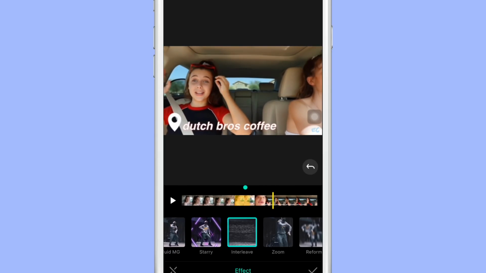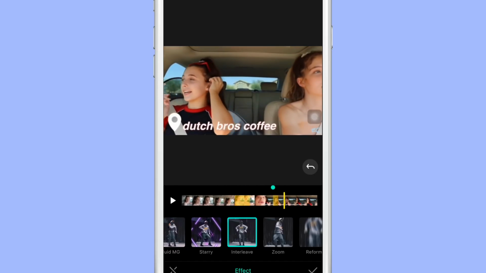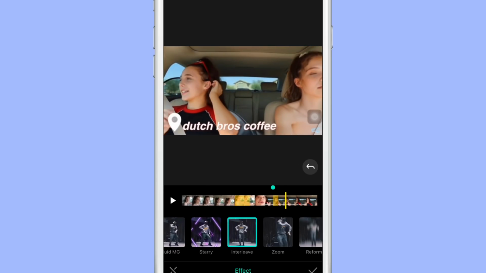So you can also do this in the middle of a clip too, so you guys can see this is kind of what it looks like. So if you just have two clips split and you don't have that kind of zooming or sliding effect that I had, it can just look something like this. But this is pretty much how you get this glitchy transition effect,